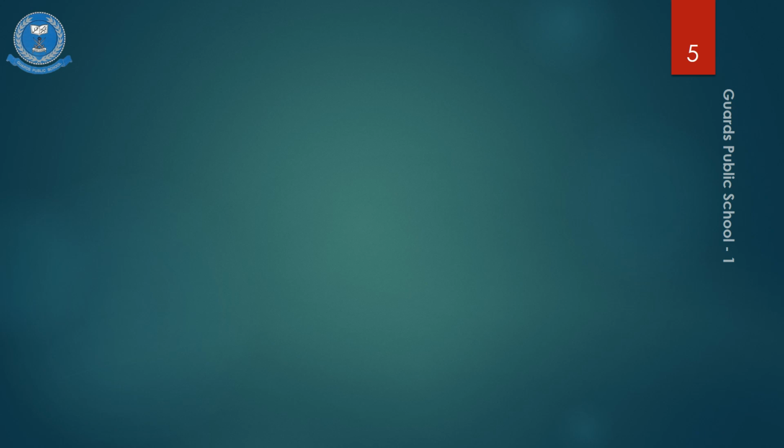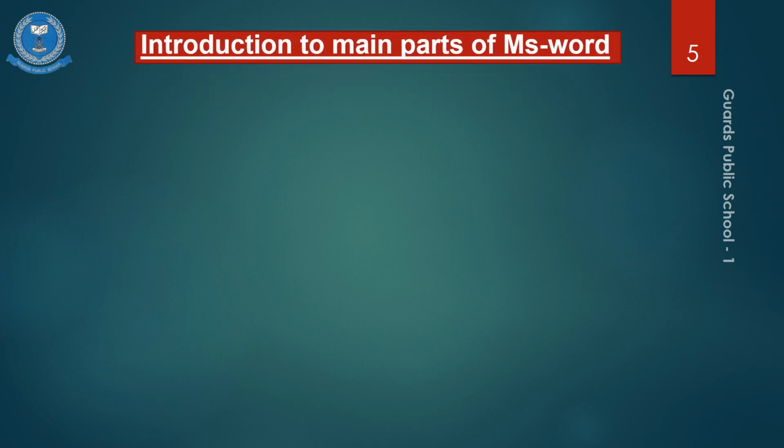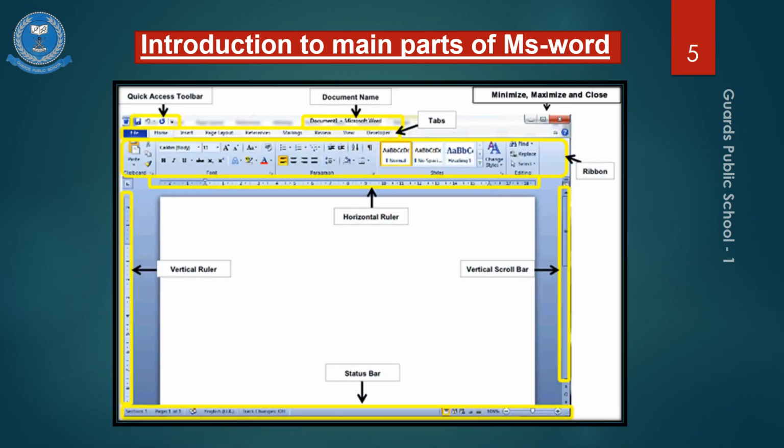Now student, this is a very important slide because in this slide we discuss the introduction to main parts of MS Word. As you know, introduction is very important before using any software. It tells you about the main parts. The first option on the left you can see is quick access, where you can use save, undo and redo options. These options are in the tabs as well. But if the options are in front of your document, you can access all options quickly, you do not need to go find them in any tab.